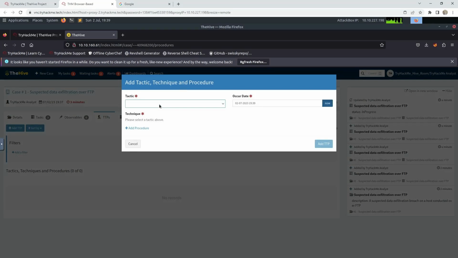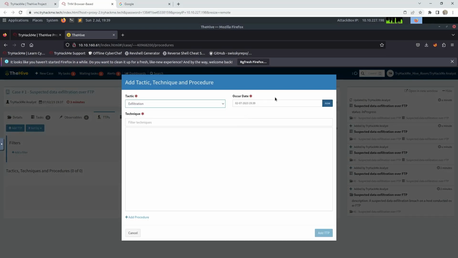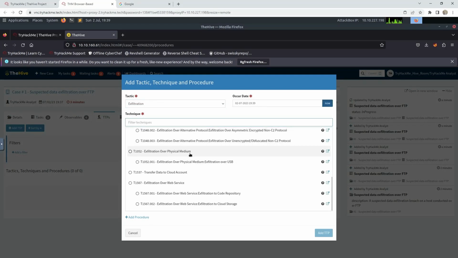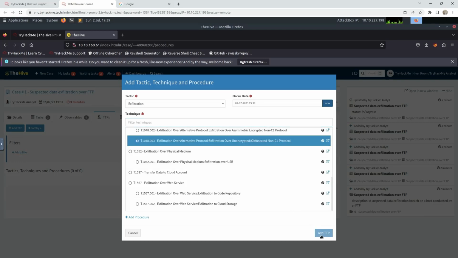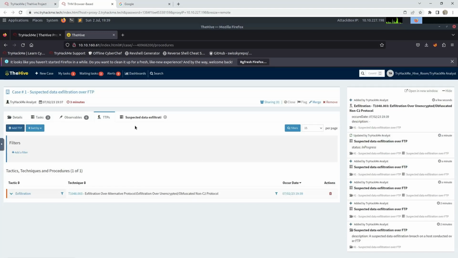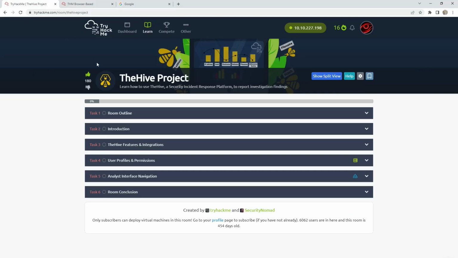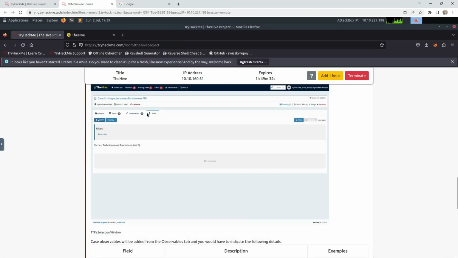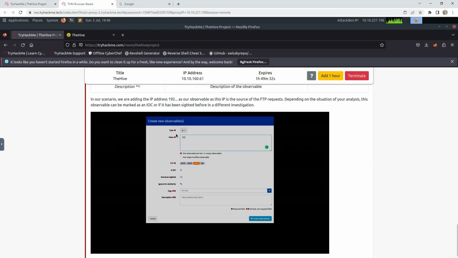TTPs, TTP, acceleration, techniques, they choose this one, HTTP, and after that observables. They have the IP, and here is the source IP FTP request. Okay,